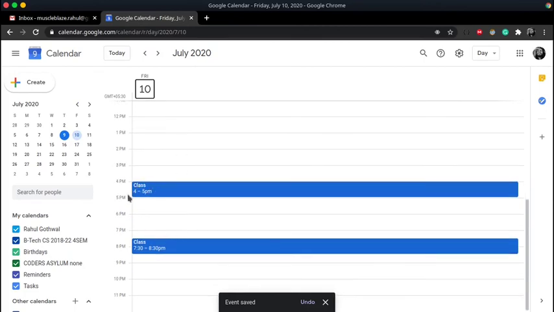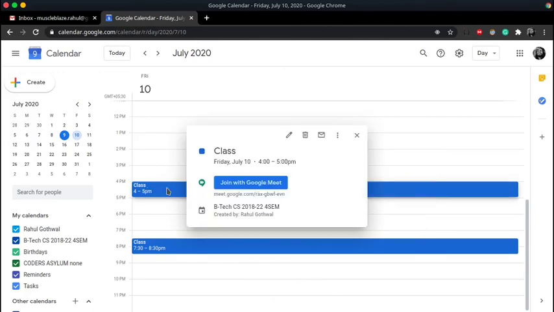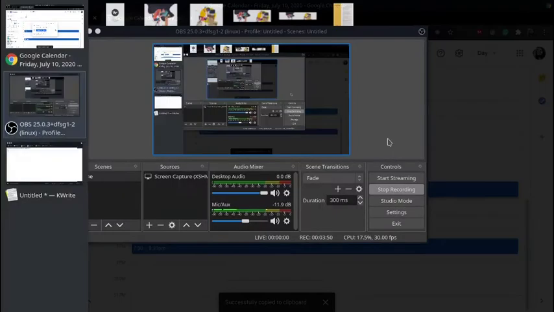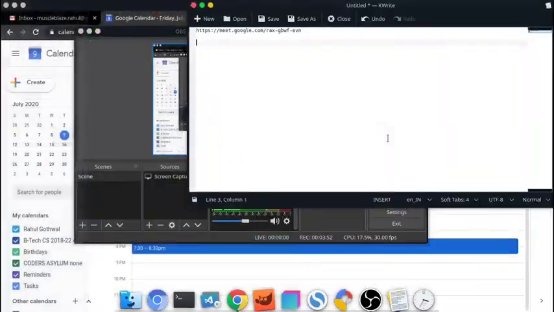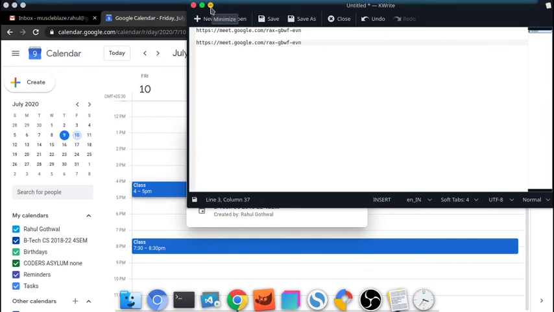Okay, now just go to another day, the 10th of July. Okay, now we have a meeting from 4 to 5. You can see here. Now we just need to verify if the meeting URL was the same or not. I'll just copy it and go through. Now we can see both of the meeting URLs are the same. So this is the trick, how we can assign the same URL for every meeting.